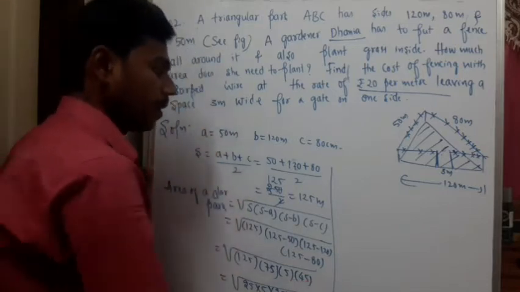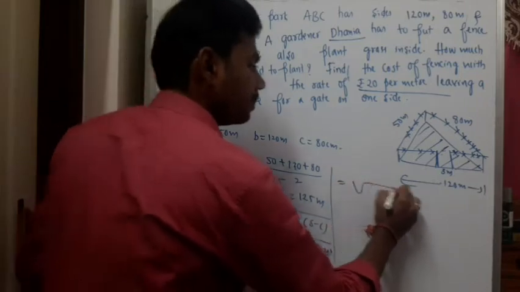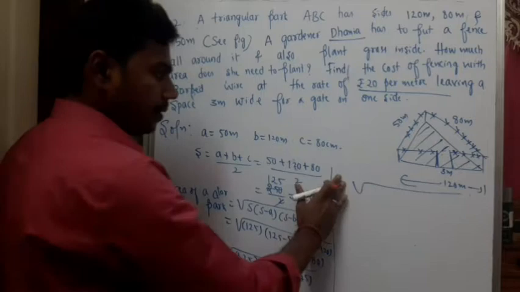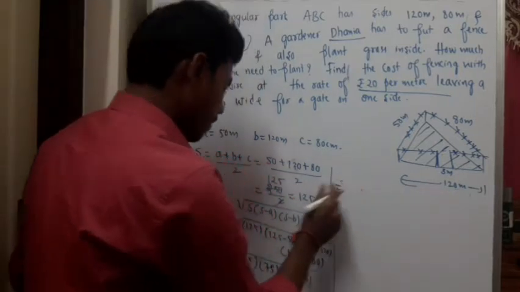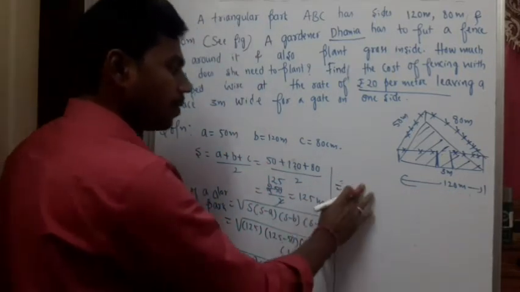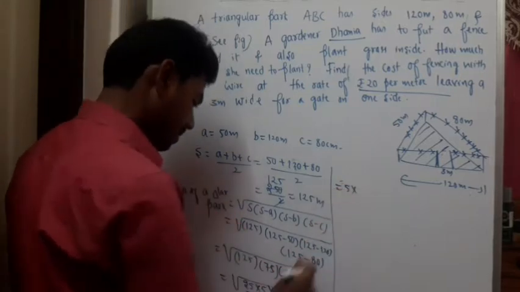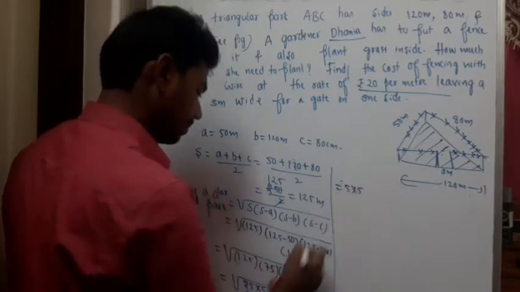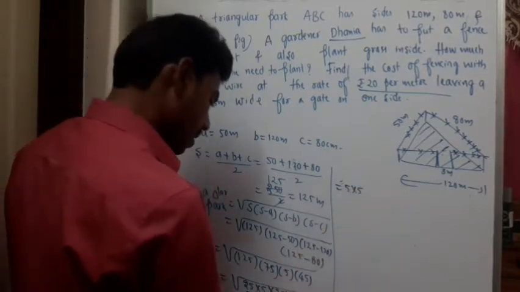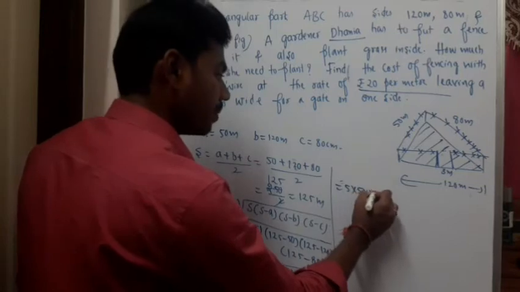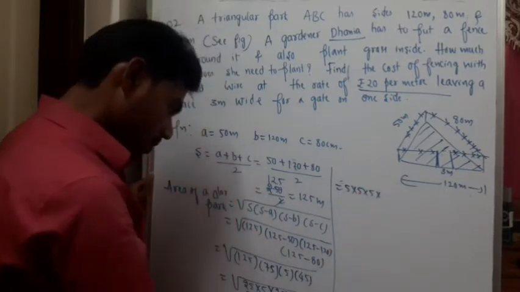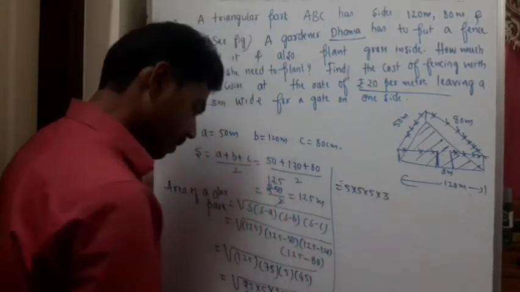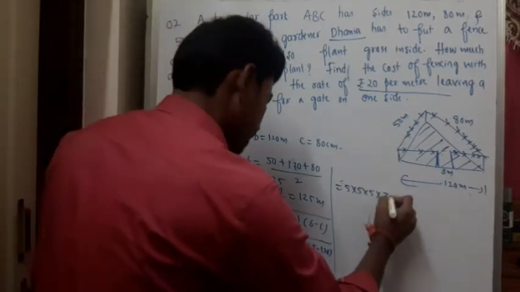Now, here I will continue. See, 25, wait. For this 25, if I take out of the square root, I'll get 5 here. Next, this 5 and this 5, what I'll get? 5. For this 25, I'll get one more 5. Next, for this 9, what will I get? 3. Okay.